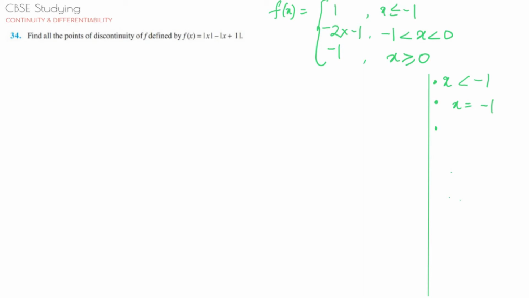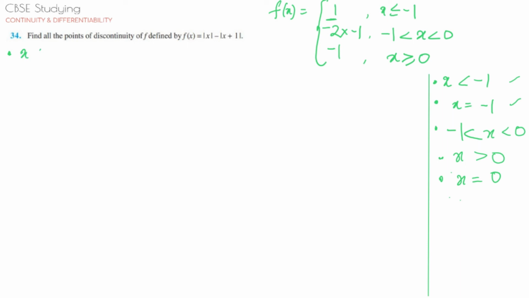Okay, so I wrote down the function neatly over here. Now we will see what are the cases that we need to evaluate. Look at the first line. f(x) is equal to 1 when x is lesser than minus 1 and equal to minus 1. So first case is x is lesser than minus 1, x is equal to minus 1. Second case, when values of x are between minus 1 and 0. Third case, when x is greater than 0. And fifth case when it is equal to 0. So we need to evaluate all the conditions and check the continuity. So let's go one by one.